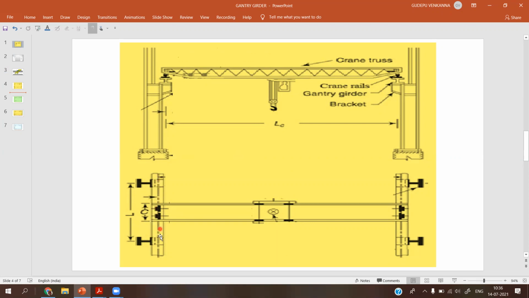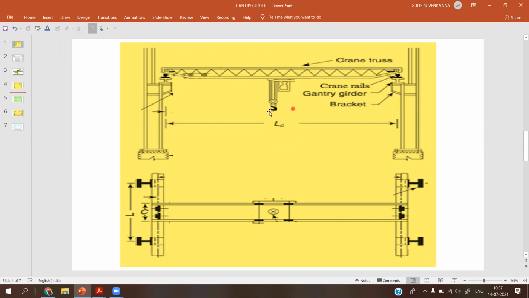This is the front view and this is the side view. On the gantry girder, we have to find the maximum wheel load. If we take the crane hook at its center, the maximum wheel load is distributed by both girders.